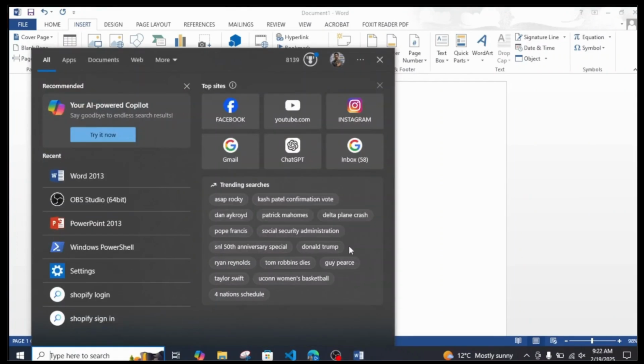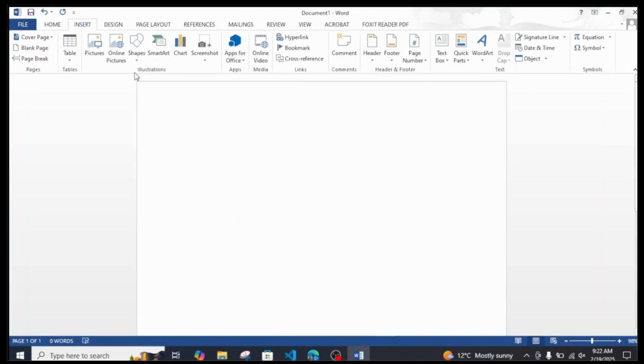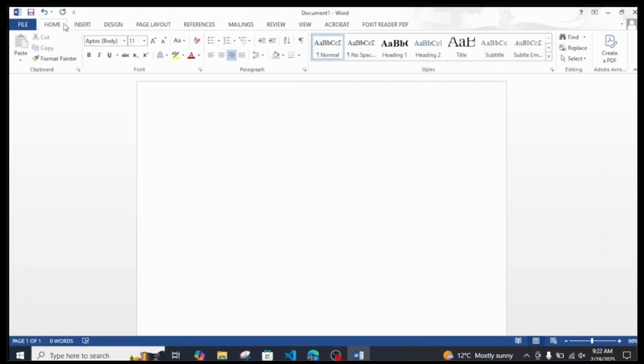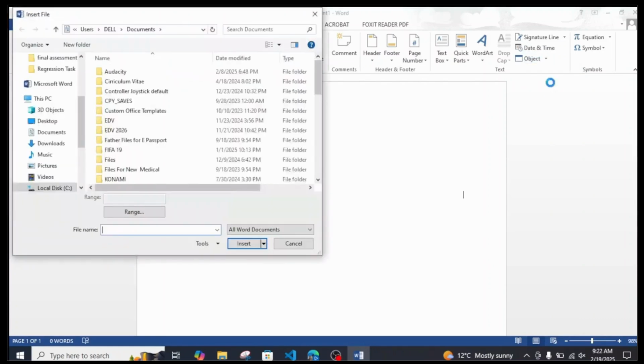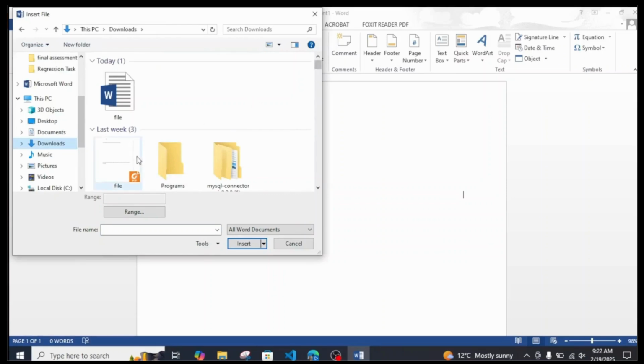So once you open your Word application, what you need to do is just click on this insert over here. If you are on home, just click on insert, and once inside here, just head over to the right section of your screen, and just click on this arrow button, and you can see there is an option called text from file. So just click on it and just locate your file from over here, and as you can see there is